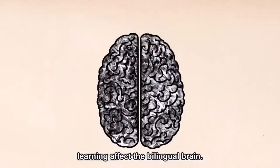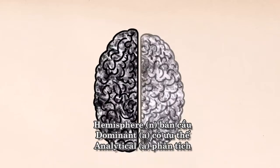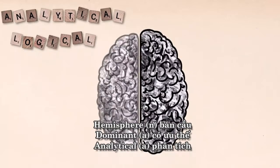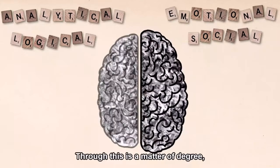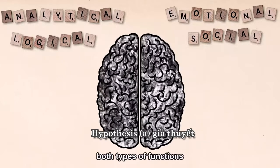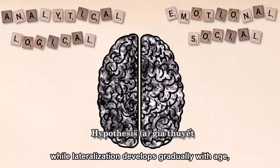the bilingual brain. It's well known that the brain's left hemisphere is more dominant in analytical and logical processes, while the right hemisphere is more active in emotional and social ones, though this is a matter of degree, not an absolute split. The fact that language involves both types of functions, while lateralization develops gradually with age, has led to